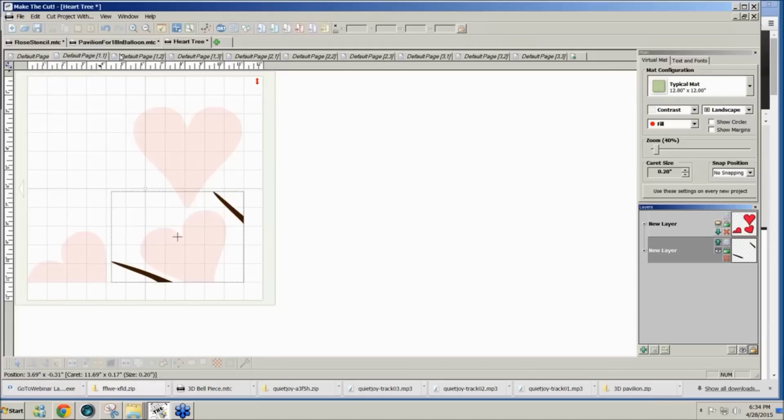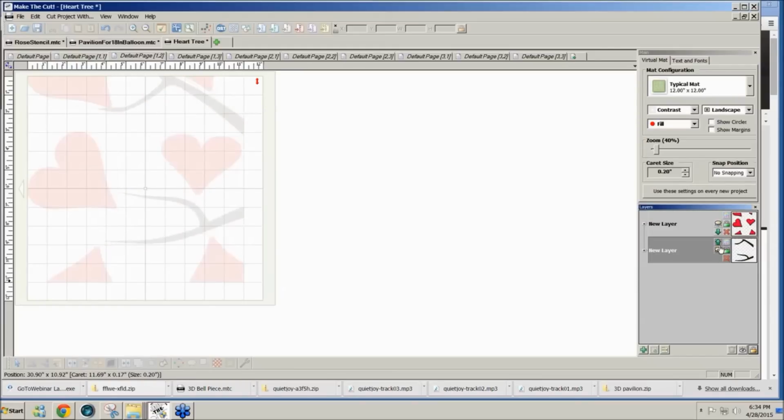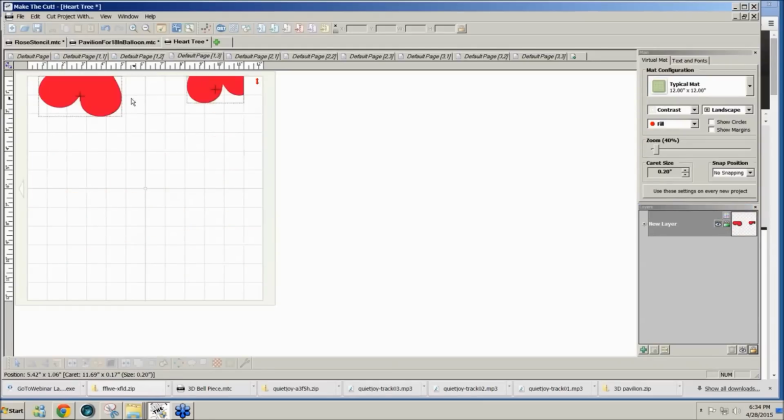It does help to have about 3 mats, so that while one's cutting, you can be preparing the other, and while you're cutting and preparing one, you can be removing the pieces from the other. So I like to keep 3 mats. So I might cut the red first, then hide that, and cut the black or brown. Then you go to the next page,